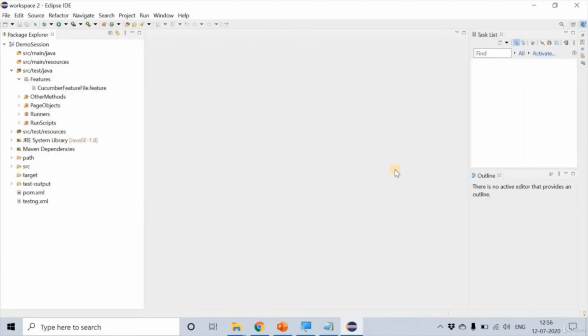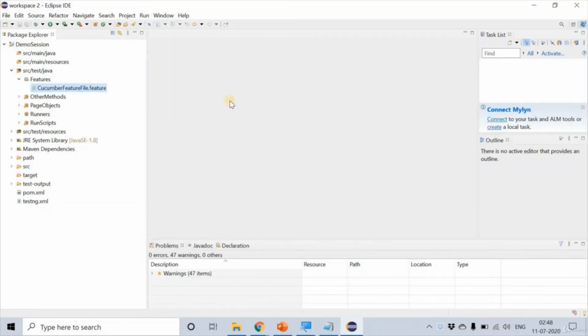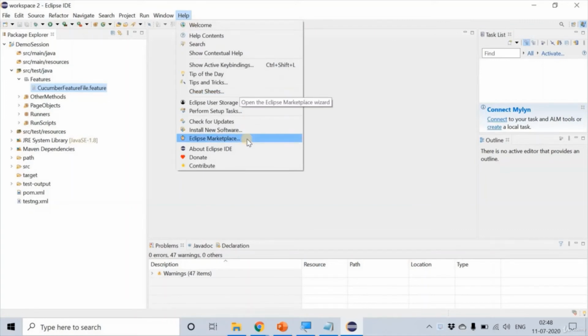TestNG plugin helps to support the execution of the TestNG classes, and that is why we are downloading the TestNG plugin. Now let us install the TestNG plugin. Over here in Eclipse Marketplace, we cannot find TestNG plugin, so we are going to install it via the link that I have provided.